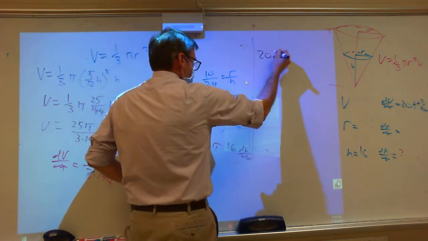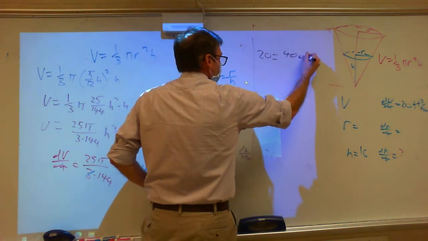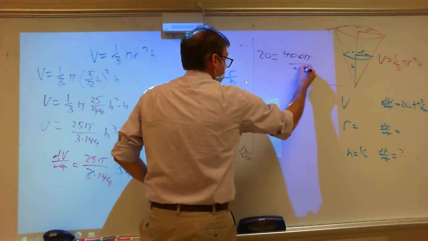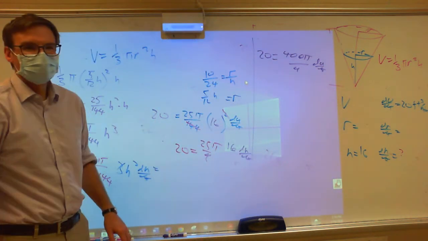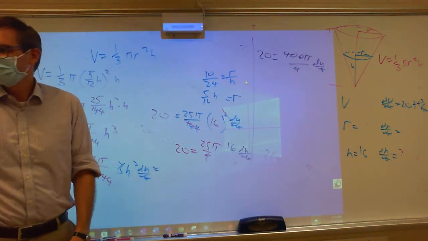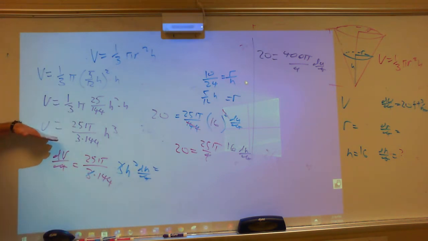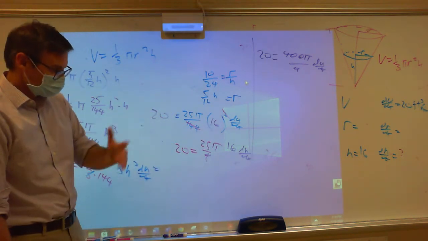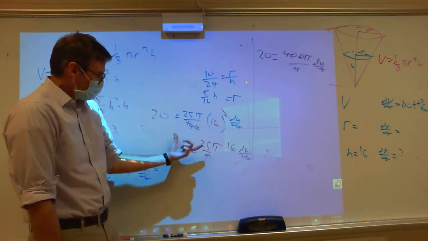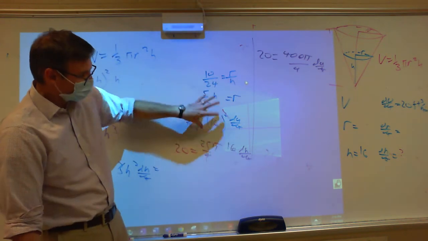This is 20 is equal to 400 pi over 9 dH/dt. So, we took the derivative, then we plugged stuff in, and then the rest of this is number sense. Use a calculator, right? Multiply,